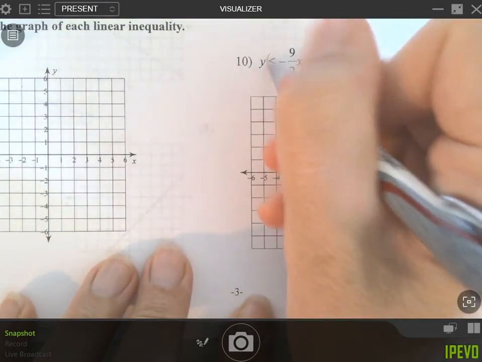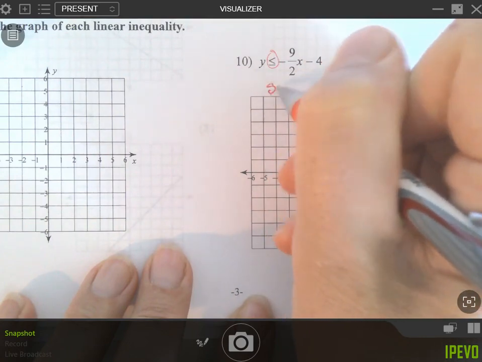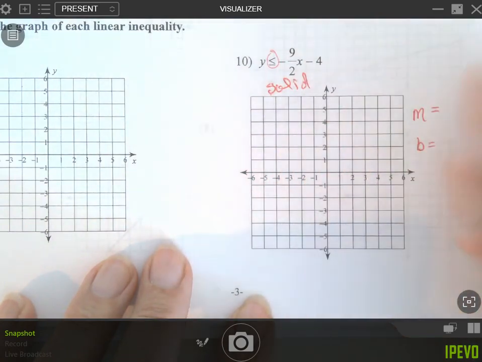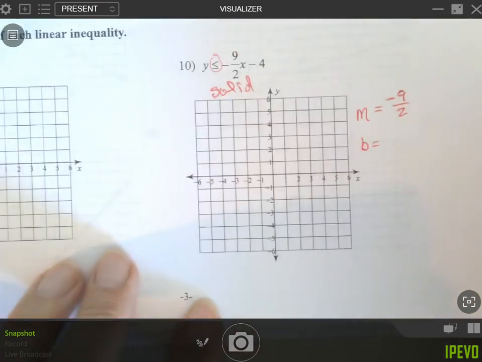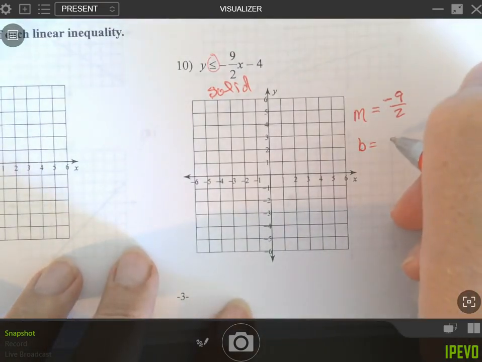Solid because it is equal to. So I'm going to remind myself I need a solid line. My slope, I'm going to do negative 9 over 2. I like to get that negative sign somewhere so I don't lose it. My y-intercept is